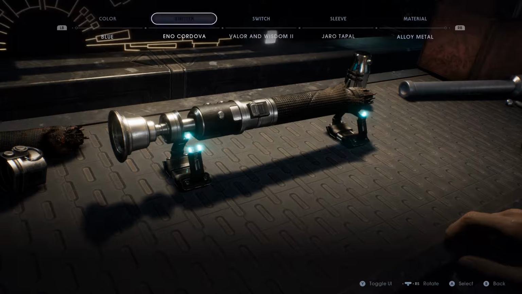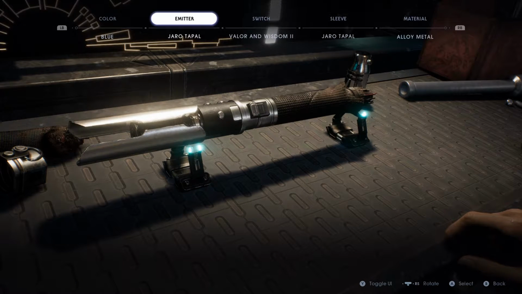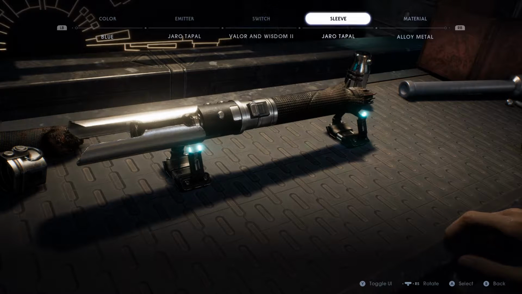However, it's still nice to have the option to change it. All these items like switches and sleeves, emitters, can be found in chests spread around the map, so that's another reward for exploring. However, one problem I have with the fact that you can customize your lightsaber is the fact